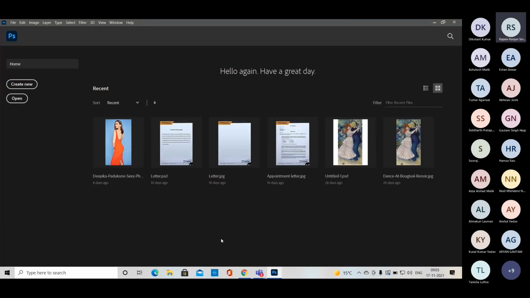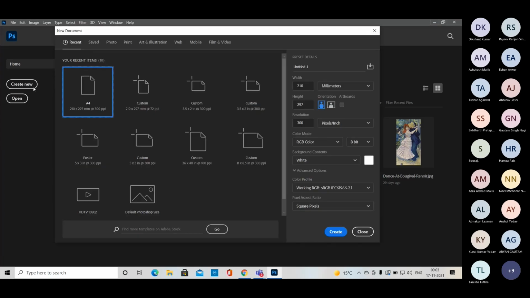Okay, so create new, and I'm beginning with the A4 size, and the orientation landscape, and resolution. I'm just taking only 72 because I don't want a high resolution file. Is it okay? The name is, we are going to learn about basic logo design. So, logo design, right? File name. Then just create.